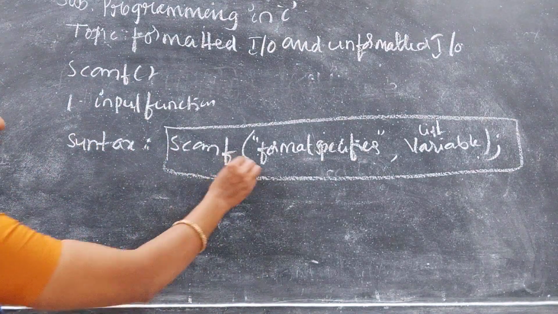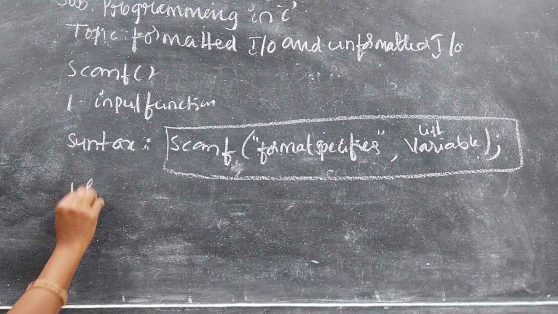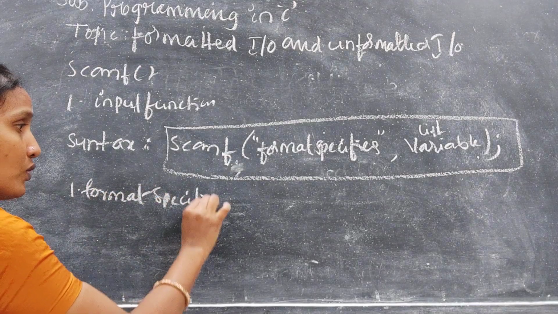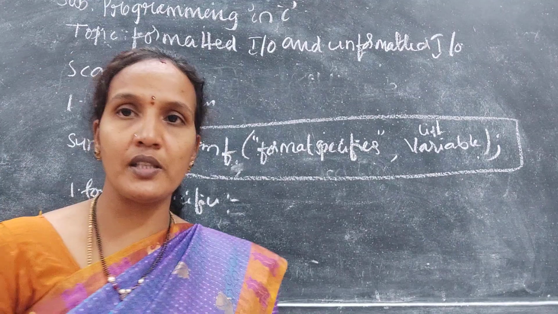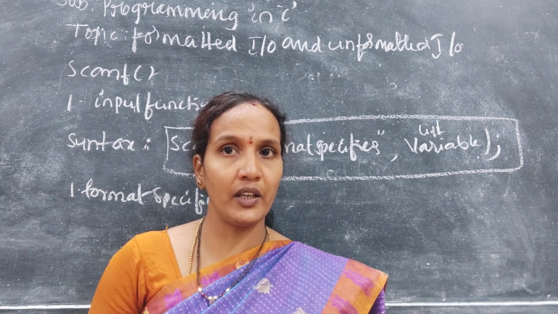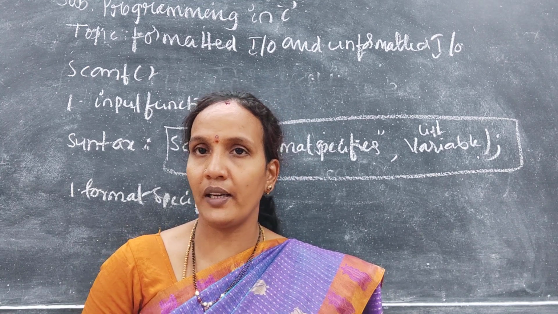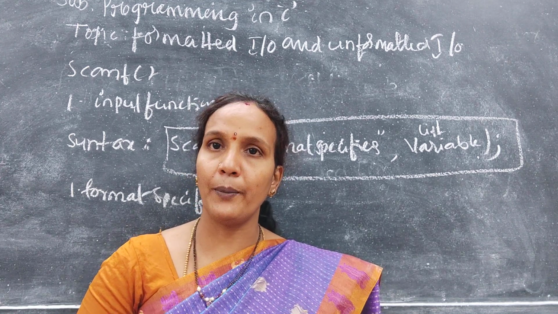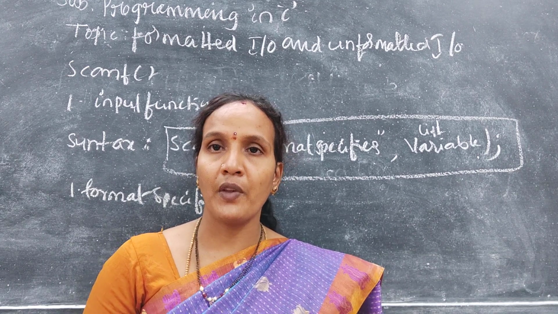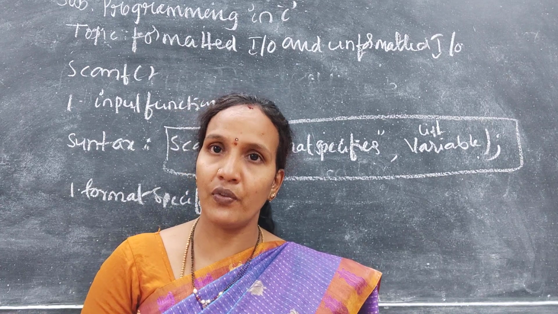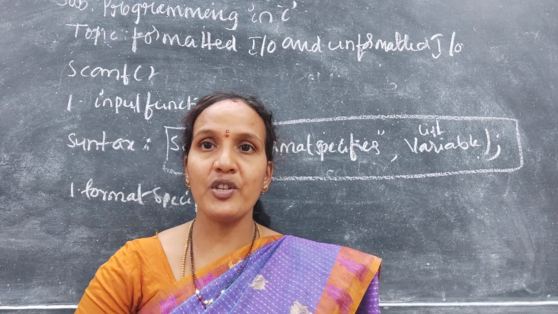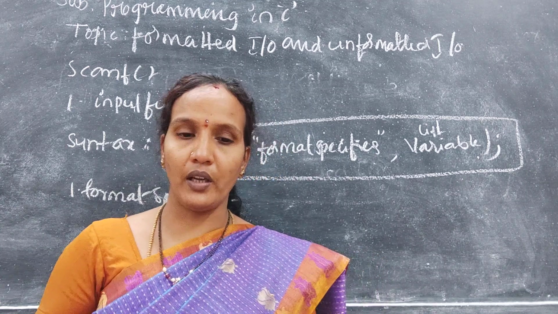Now, what is a format specifier? So, before storing a value in the system, you should inform the compiler what type of value you are collecting from a user. Means from a user you are collecting an integer, float, character, string, what type of value you are collecting. Using a format specifier, we can inform the compiler about the particular data type in which you are collecting data from a user. Okay, understand?